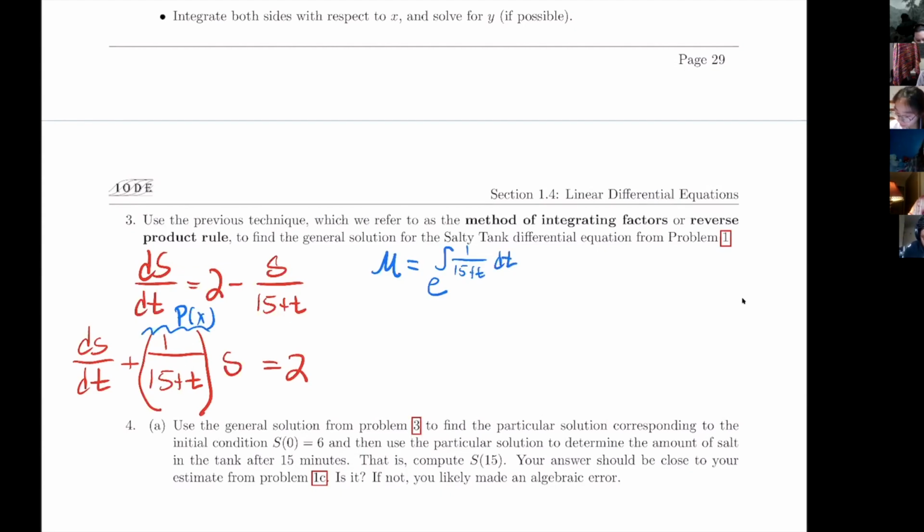So our integrating factor is going to be e raised to the integral of p of x. So we're going to integrate 1 over 15 plus t and then exponentiate that. And again, at this stage, we can ignore the fact that there is more than one such function mu that's going to do this. We just want to find one, and let's pick the simplest one when c is 0, for example. So integrating 1 over 15 plus t